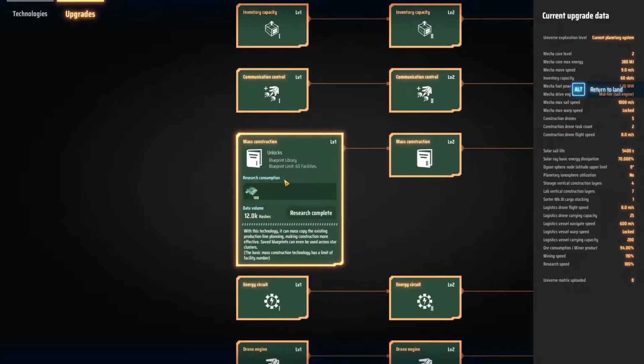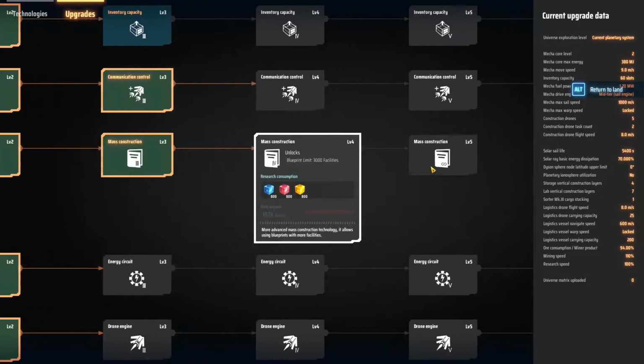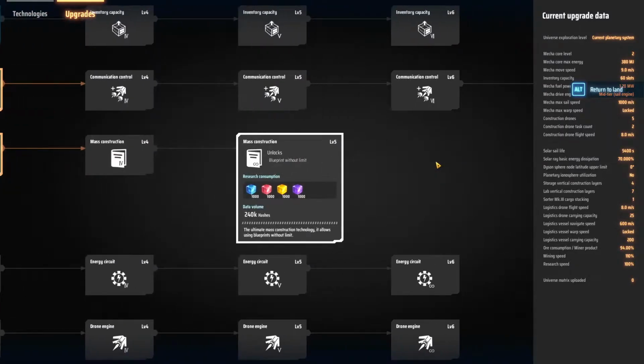Here we go. So the first one costs electronics, and then you can make a blueprint limit of 60 facilities. So each conveyor belt counts as one item. Mass construction 250, 600, 3,000. Blueprint without limit. So literally, if you built like a Forge World planet,